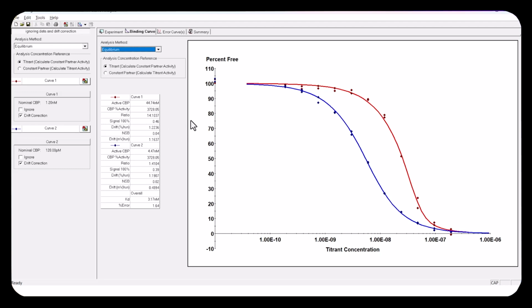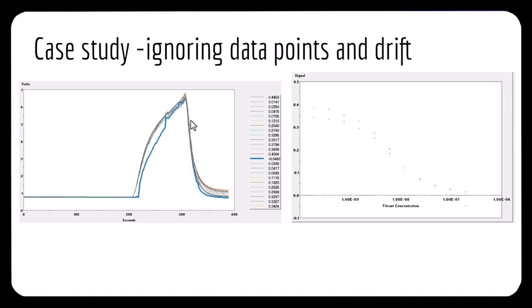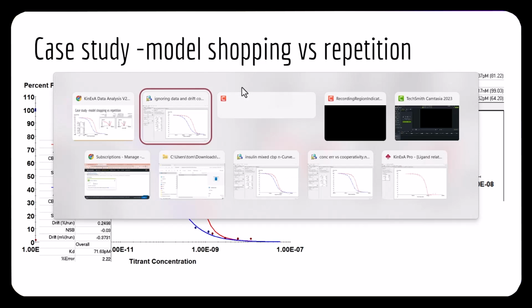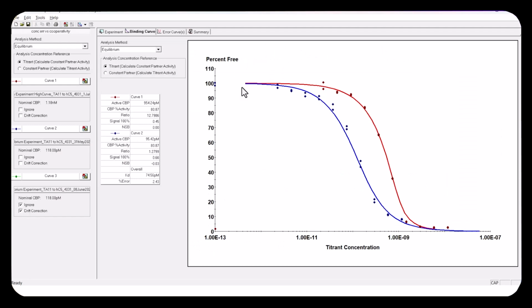Okay, so let's go back to our presentation here and advance to the next slide. So I have another case study. This one's model shopping versus repetition. So I'll go back out to the end curve here and open this up. So this is data that was measured at Sapedine, and it was given to me to